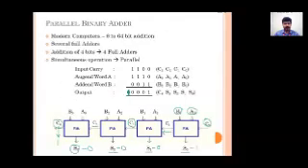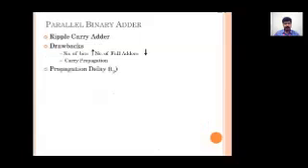Later we discussed the parallel binary adder that uses a collection of 4 full adders. For easy understanding, we have discussed a 4-bit parallel adder, but practically we'll be using a 32-bit, 64-bit or 128-bit parallel adder. The parallel adder is also called a ripple carry adder. Actually, a parallel adder should perform the operation in a single time unit, but due to the carry propagation delay, it will perform the operation with a small time delay. That's what carry propagation delay means.